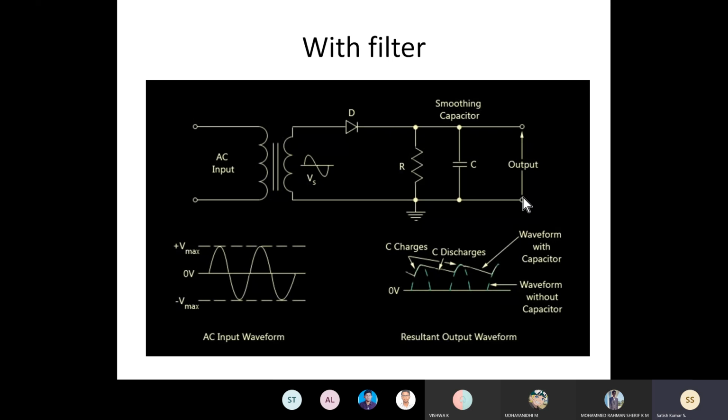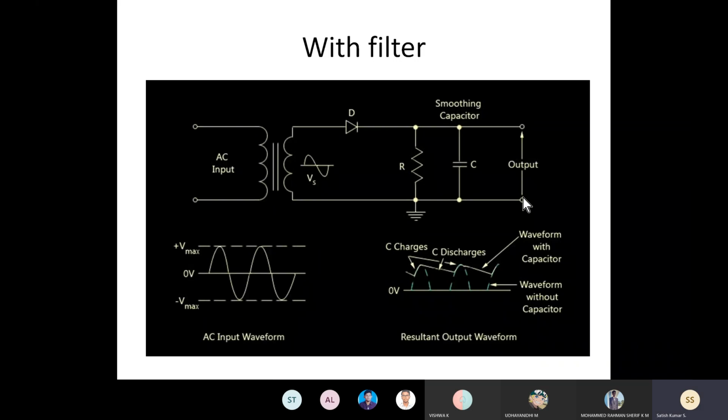So which kind of rating? I said that the transformer is a step down transformer. The input 230 is converted into a step down, either 15, for example, but it's not 15. The rated transformer rating can be decided by the conduction capacity of your diode. The secondary should be according to the rating the diode can conduct.